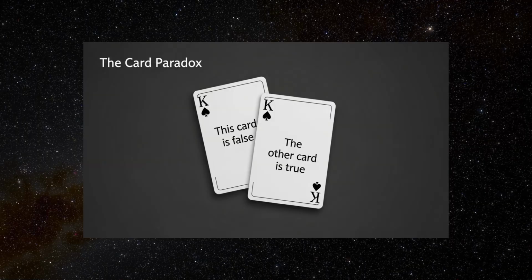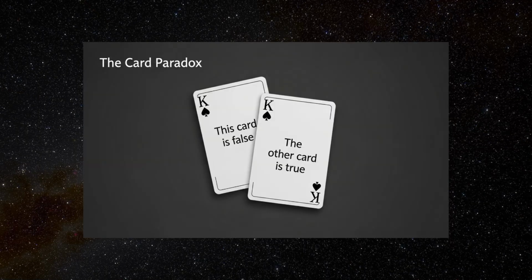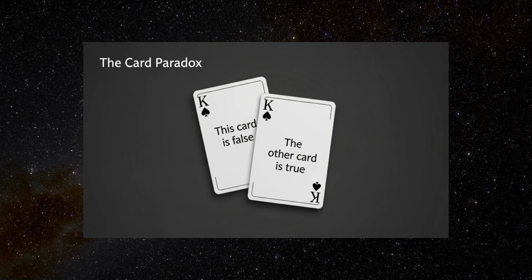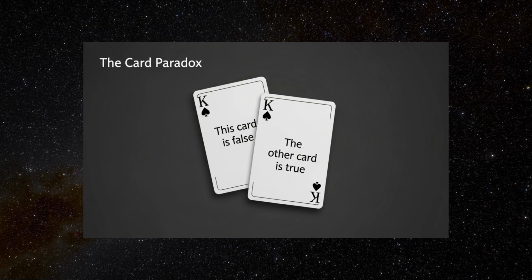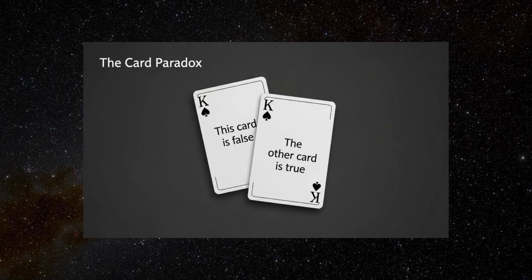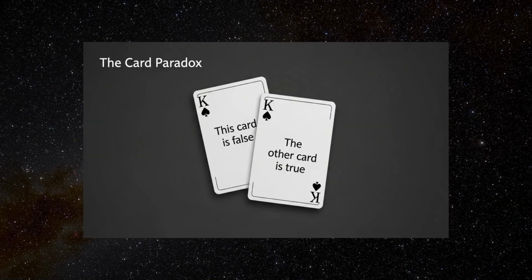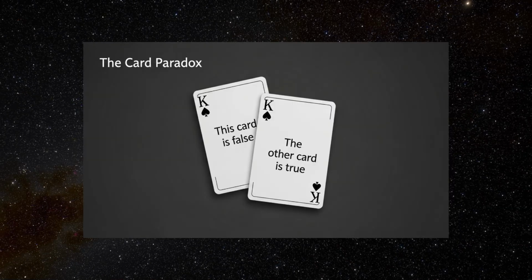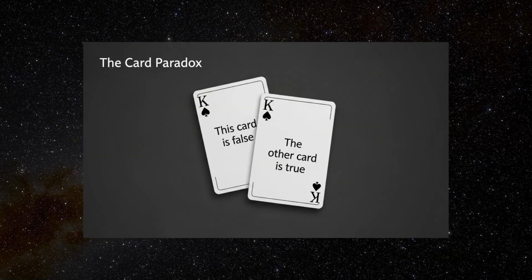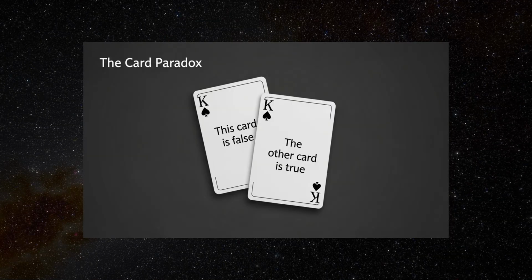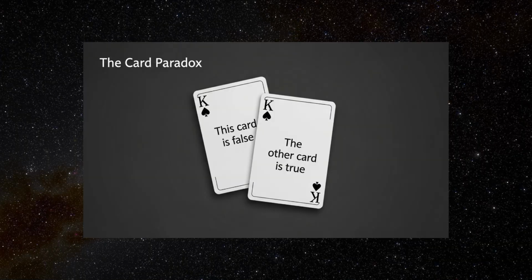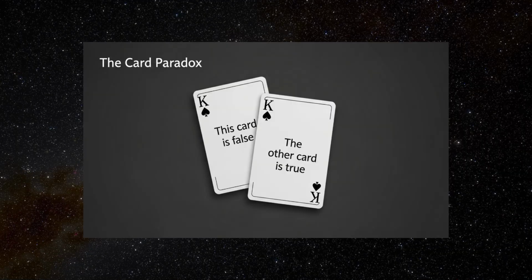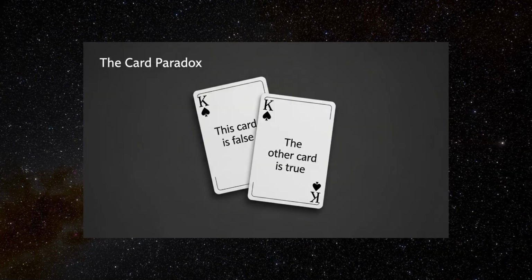The statements are structured in a mutually dependent and self-referential fashion, which prevents either from having a stable truth value. This makes the card paradox a version of a semantic paradox, a statement, or pair of statements, that fails to be either true or false due to the way language and reference are being used. Philosophically and logically, this paradox highlights the difficulties that arise when systems allow self-reference, that is, when sentences refer to their own truth conditions directly or indirectly.